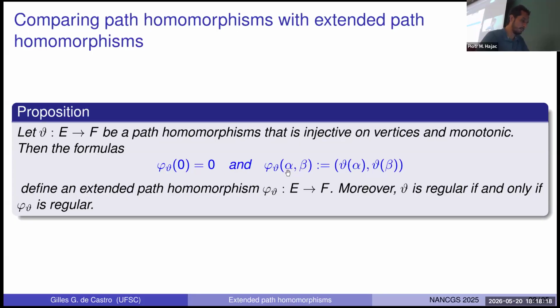And then the second one, so theta itself, since it's a path homomorphism, actually is a function between finite paths of E and finite paths of F. So we can apply this theta to alpha and theta to beta. And because theta preserves targets, because the target of alpha is equal to the target of beta, then the target of theta of alpha is going to be equal to the target of theta of beta. And so we define this like this. And then this is going to be an extended path homomorphism between E and F. And basically the idea